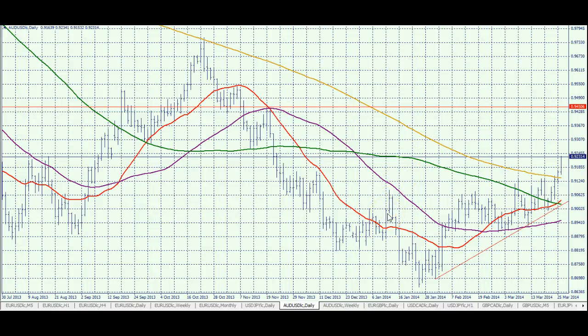Right, on the Aussie, why is it higher? You can give various reasons. Wire services are grasping everything from China stimulus to maybe the RBA not talking it down aggressively anymore, interest rates not moving. Whatever the case, it's been portfolio flows. As you can see, this has not been more than just spec.